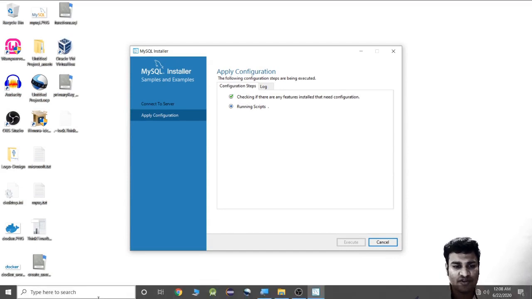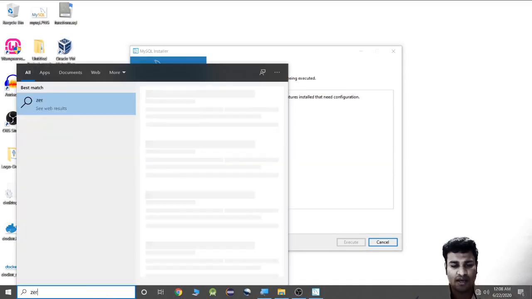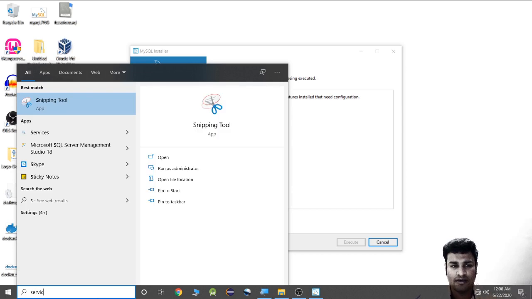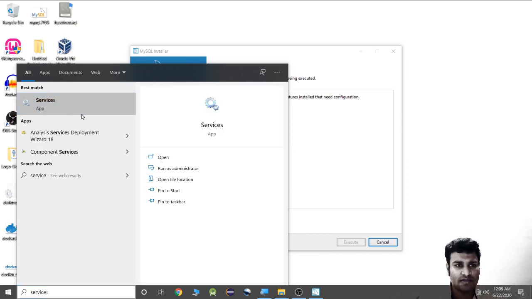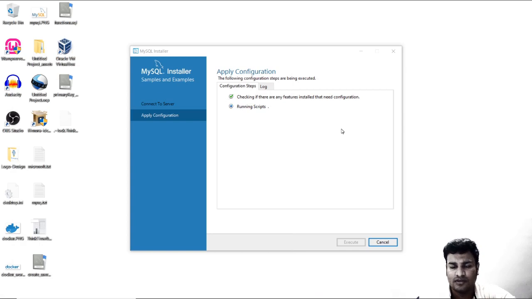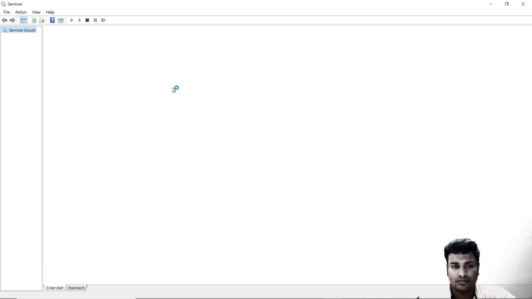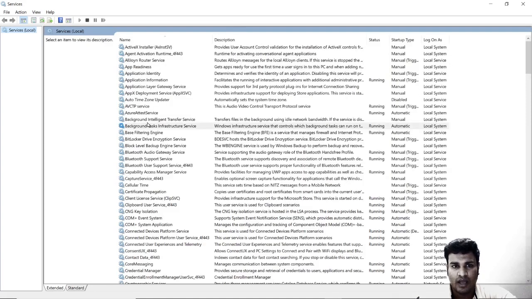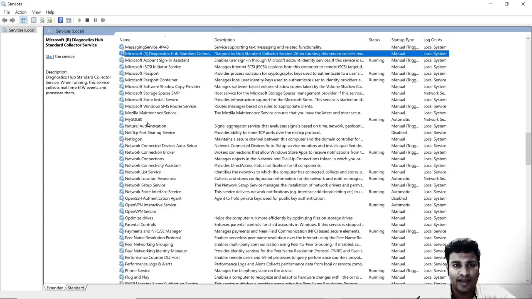Meanwhile, just go to the search option, type in services over here and open up this app, the Services app in Microsoft Windows. And here just look for MySQL80.